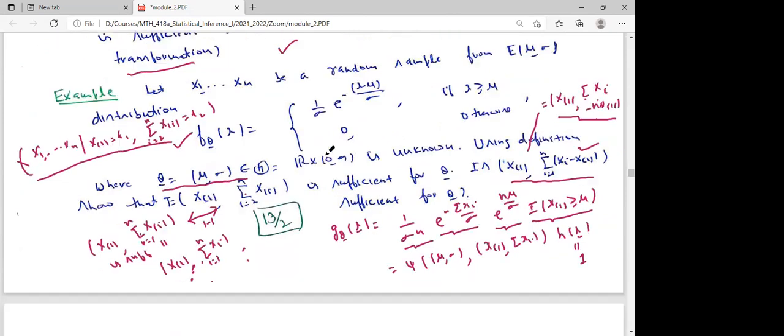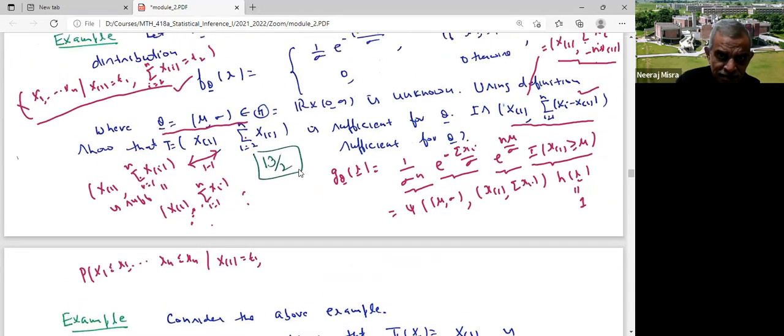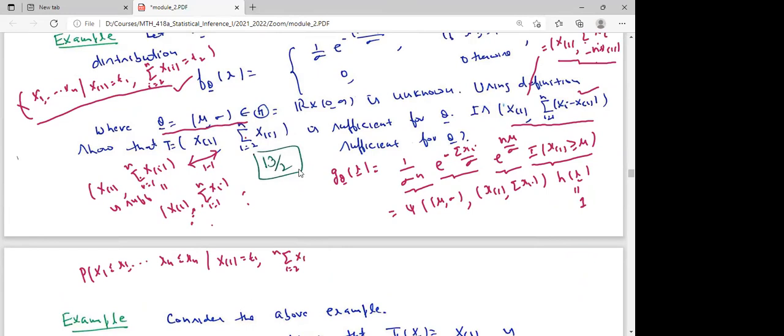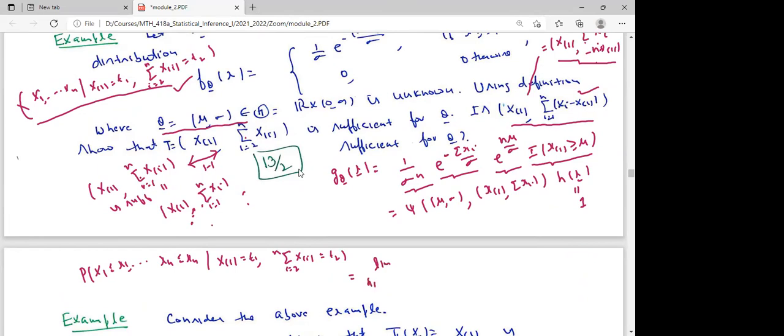Yes, sir. So the best way to do that would be to just look at the definition, which is the probability that X1 is less than or equal to x1, ..., Xn less than or equal to xn, given that X1 is the same as t1, and the sum of Xi, i equal to 2 to n, is t2. Is that okay? Now, by definition, this is the same as